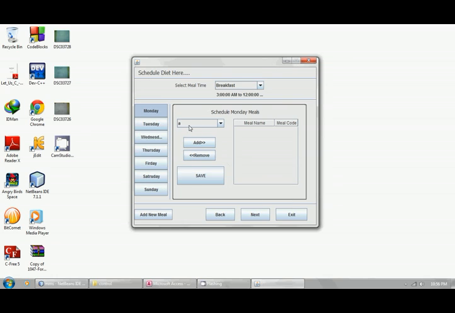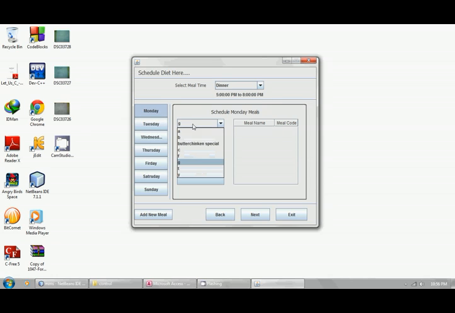Here in this panel we schedule all the meals which we will offer to students every day. First we schedule breakfast meals. We can set breakfast, lunch, dinner or supper, whichever the students want. If we click breakfast, then Monday, Tuesday, Wednesday, we choose what meals we will give to students. Like on Monday breakfast, if we want to give A and butter chicken, then we save it. Then these two meals will be given to students on Monday breakfast.